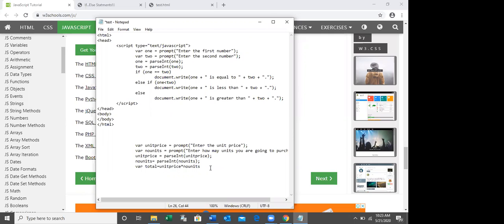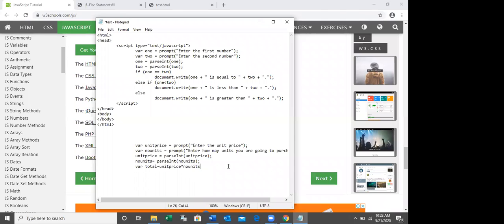Instead of assigning a fixed value to the variable, we can use the prompt box to get the value from the end user, like an HTML form. What's the purpose of the HTML form? Get input from the end user. And another way to get input from the end user is the JavaScript prompt box.